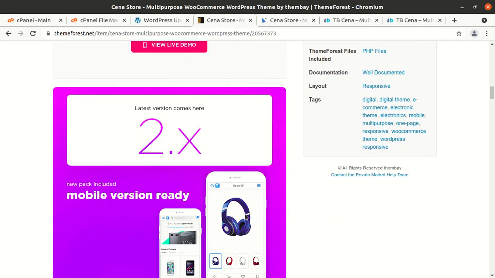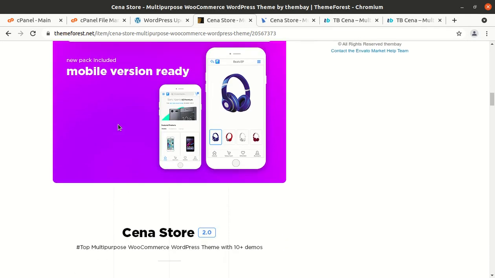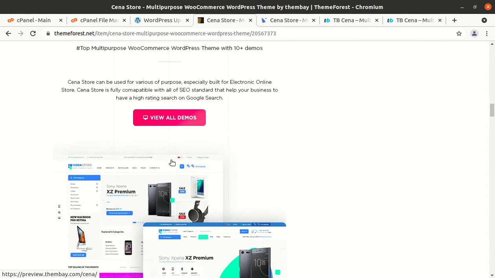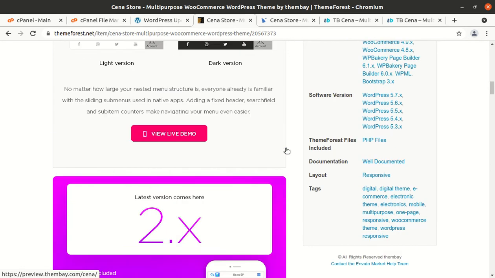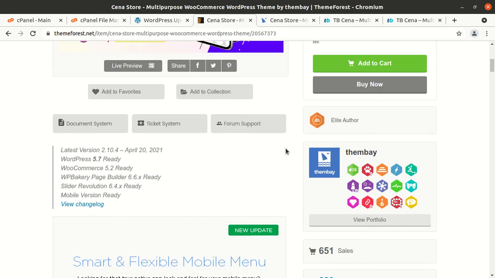So you can consider this theme for your upcoming project, because it gives all the edge and privilege for your website. It is mobile version ready, and it has multiple home pages ready. So you can choose this theme for your website. And I have seen the code quality, it is also very good, so you don't need to worry about the quality of the theme, it is wonderful.